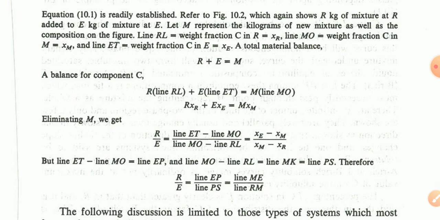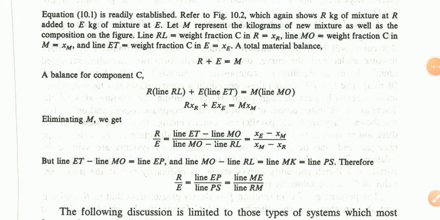On the basis of equation 10.1, to establish this refer to figure 10.2, which again shows R kg of mixture at R added to E kg of mixture at E. Let M represent the kilograms of the new mixture as well as its composition on the figure. Line RL is the weight fraction of C in R, equal to XR. Line MO is the weight fraction of C in M, equal to XM, and line ET is the weight fraction of C in E, XE. A total material balance: